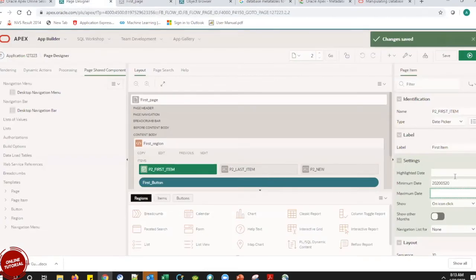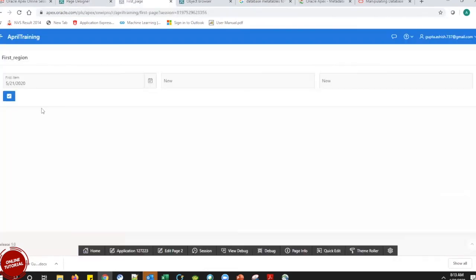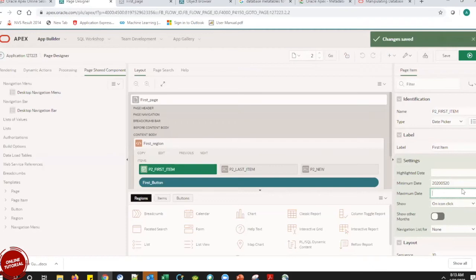But the thing is, you are giving a static value there for the minimum date. In the application, I may not always have a static value. Like maybe I want to show sysdate -1 always. Right, I completely agree. It is not recommended to give a static value here. So for this item, I am going to create a validation.